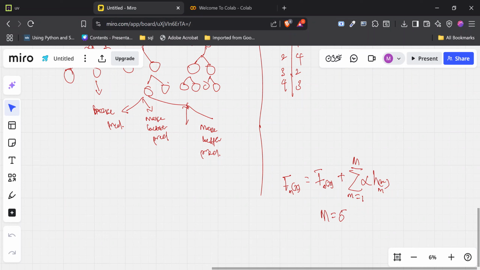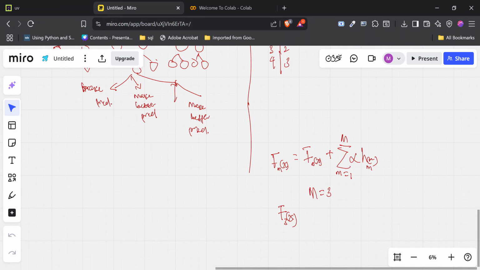Oh no, 5 is going to be too long. Let's say M equals 3. That's going to be F3 of x. The whole thing that we need to train is going to be f naught of x,